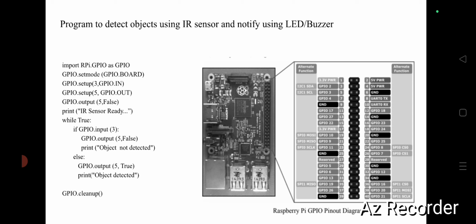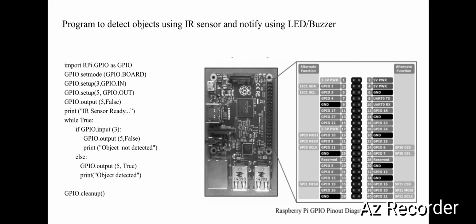There are a few steps we have to follow. Obviously the first is we have to import the Raspberry Pi GPIO library, as we are going to connect the devices to GPIO pins only. In the first step we have to import the RPi.GPIO library. You can create any object name for this library, for example xyz, but for convenience we have taken the object name as GPIO here. So whichever functions are available in that library, we can use with the object name GPIO.